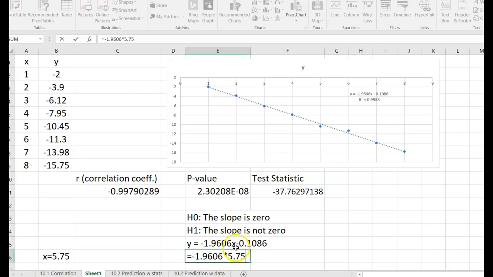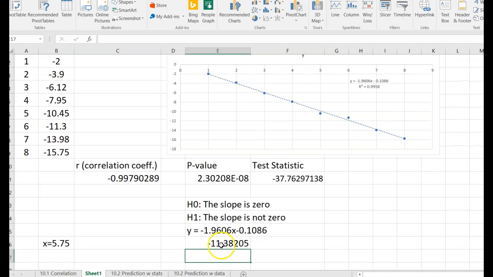That x, whatever the x is, we multiply it by this number, we subtract this number, and that should be the y that we would see with it. That's a little bit less than this, and a little bit more than this. That's where we're dipping down a little bit between those. We're a little bit off, but we would expect that a number,